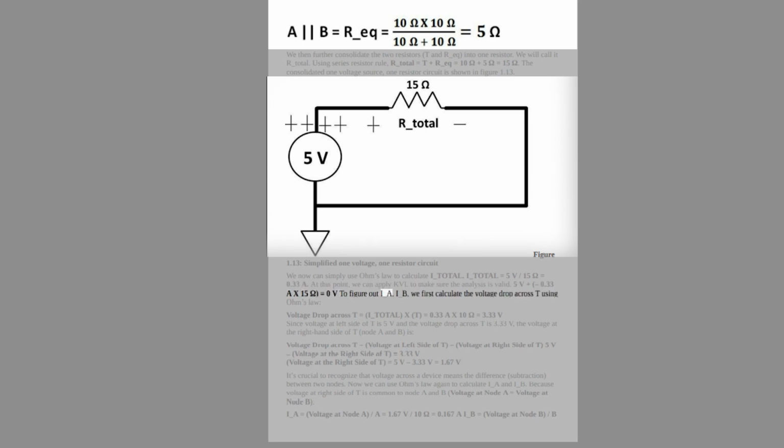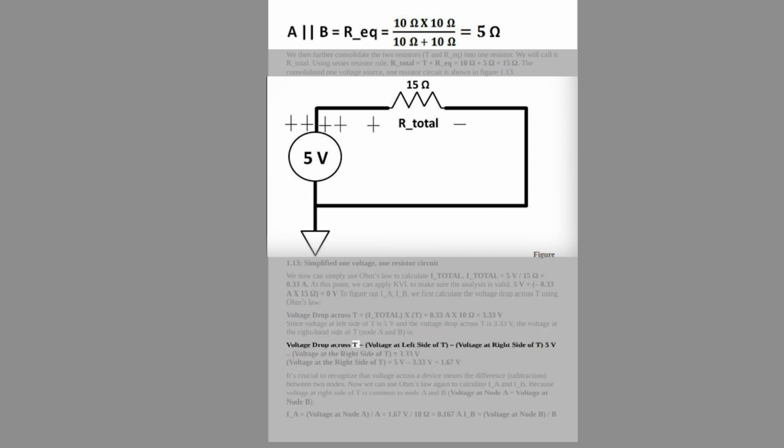To figure out I_A, I_B, we first calculate the voltage drop across T using Ohm's law. Voltage drop across T equals I_total x T equals 0.33A x 10 ohms equals 3.33V. Since the voltage at the left side of T is 5V and the voltage drop across T is 3.33V, the voltage at the right-hand side of T, node A and B, is